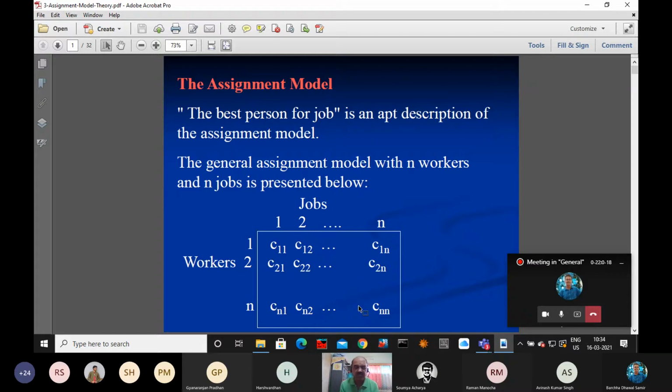So we are going to minimize the total processing cost or total processing time when you process all the jobs on all the machines. What is the restriction here? One job can be assigned to one machine only. Whatever matrix is given is the coefficient matrix, the cost matrix. But I am going to express the same model mathematically in a different form. So the model is like this.